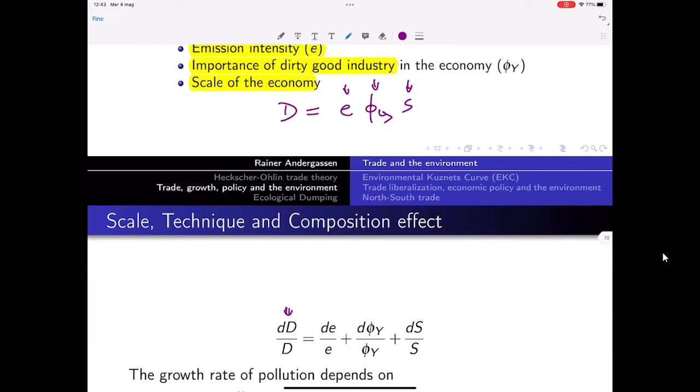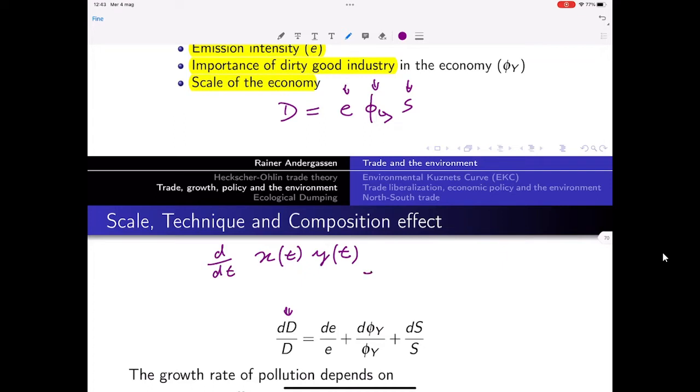Now, in order to obtain growth rates, I don't know how familiar you are with this. Let me do this just once. All these variables depend on time, so they can change over time. So what you do is you take logs and then you take the time derivative. So consider x(t) and y(t), and you want to know what the rate of change over time is, how this changes over time. So the time derivative.